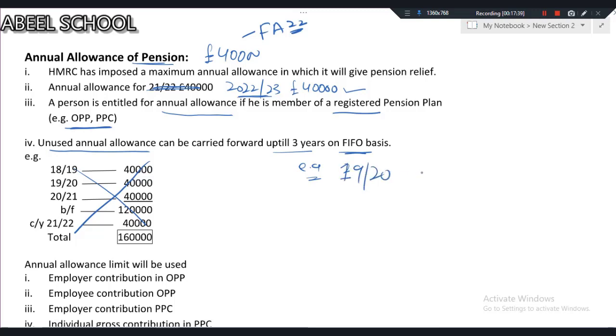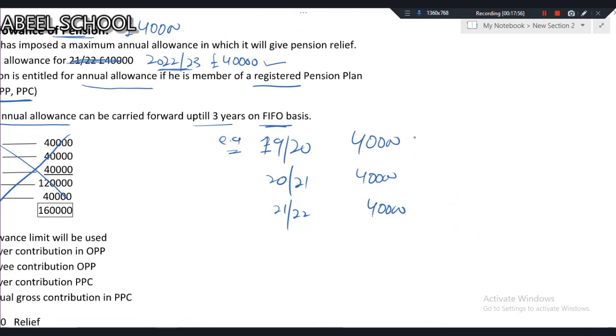Now, for example, if I talk about tax year 19-20, the annual allowance limit is 40,000. 20-21, the annual allowance limit is 40,000. 21-22, the annual allowance limit is 40,000. Assuming in 19-20 we did not use this 40,000, so the entire 40,000 is unused. Assuming in 20-21 we did not use this 40,000 limit, and in 21-22 we did not use this 40,000, which means that when the current tax year 22-23 comes, the maximum annual allowance which will be available to you will be